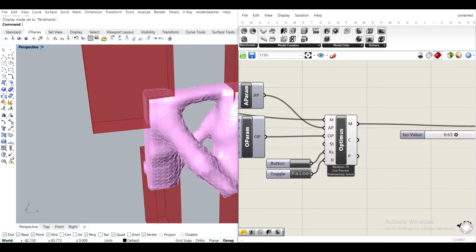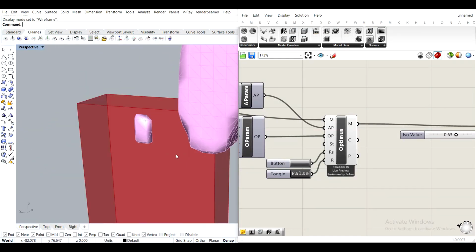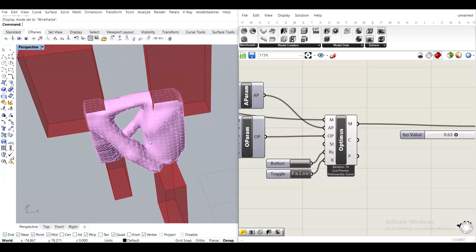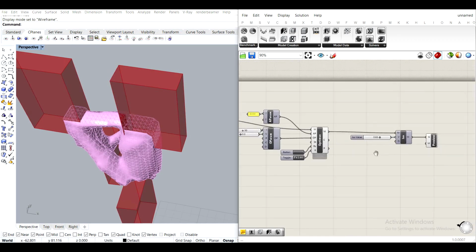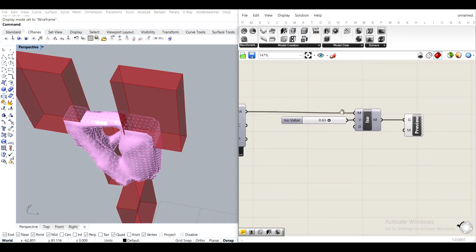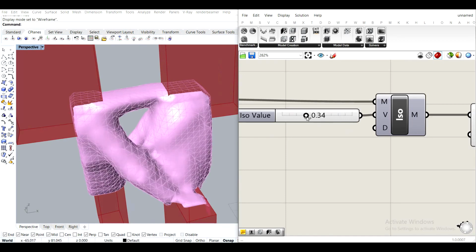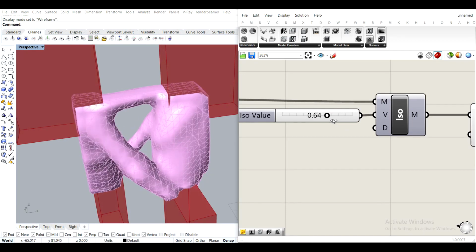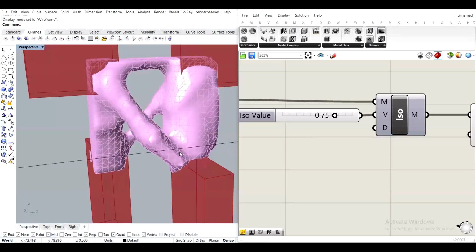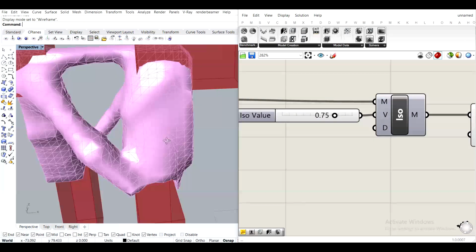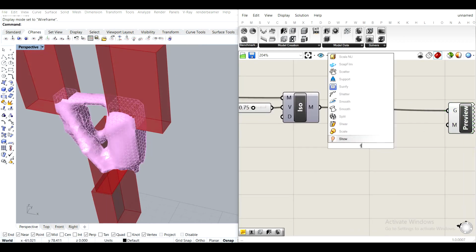Okay, it's done. So we have something like this, which looks quite nice, except some weird parts, but besides those weird parts, it looks quite okay. Let me hide this. So then I can play around with the ISO value to make it thicker or thinner. The smaller the ISO value, the thicker it is. The higher the ISO value, the thinner it is. So I'll just choose 0.75,